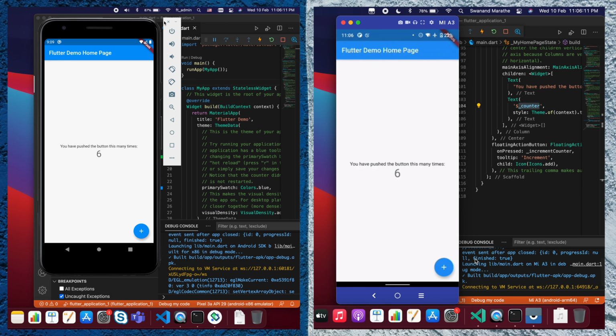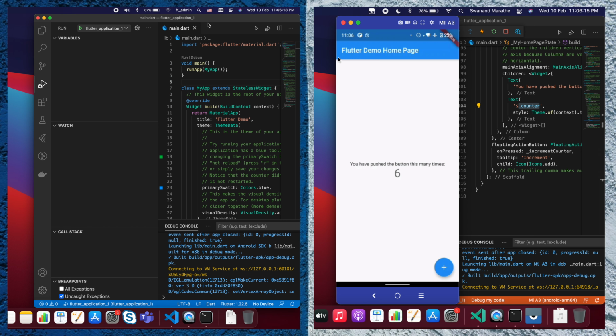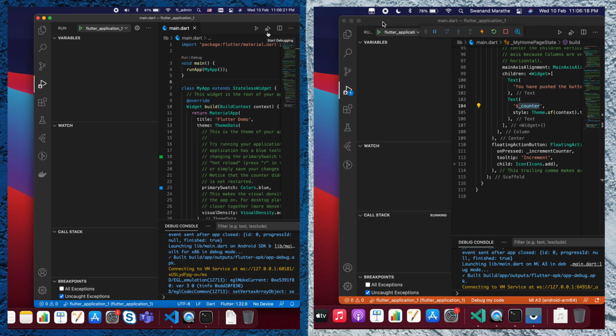So that's it, guys. This was the mobile application development comparison using the Flutter technology on both MacBook Air M1 and on the MacBook Pro 16-inch. Also, let's check the battery consumption. So on the MacBook Air M1, it has dropped from 81% to 78%, and on the MacBook Pro, it has dropped from 99% to 87%. If we look at the battery consumption, the Intel is consuming more battery just for performing simple tasks.